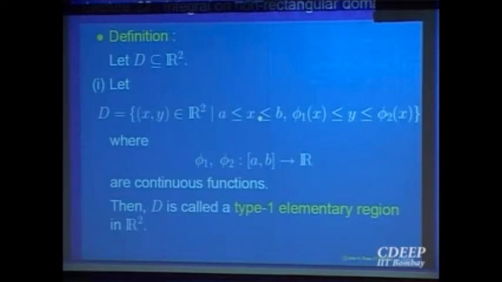So look at your domain, it is a bounded domain, so it will lie between some x is equal to a and x is equal to b, right? Your domain will lie between some lines x is equal to a and x is equal to b. You take any point x in between and go perpendicular to that. Move along the other axis. Then look at the intersection of the vertical line with the domain. So y starts from phi 1 of x, that part of the vertical line segment which is inside the domain is from phi 1 of x to phi 2 of x. Is that clear? Let us look at a picture of this.